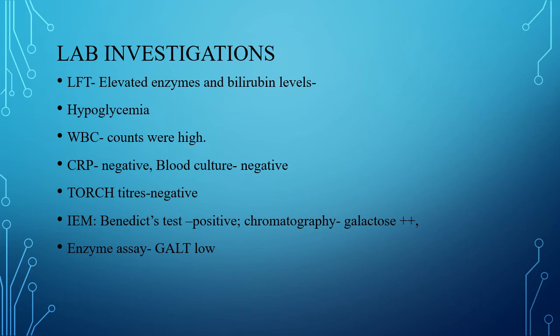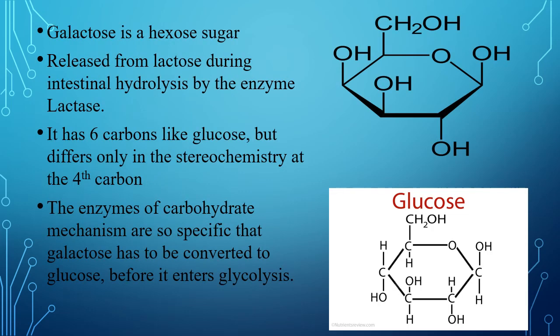And then they thought of some inborn errors of metabolism, and the initial screening test done in this case was Benedict's test, which was positive. Then they went for chromatography to find out which carbohydrate, and it showed high galactose levels. And on enzyme analysis, GALT enzyme was low. The complaints and the lab investigations together showed that this is a case of